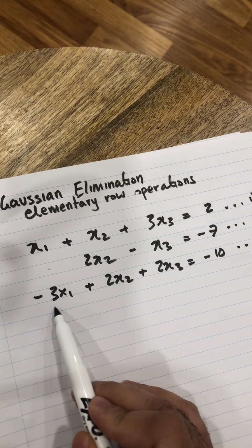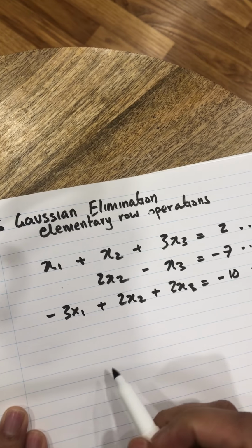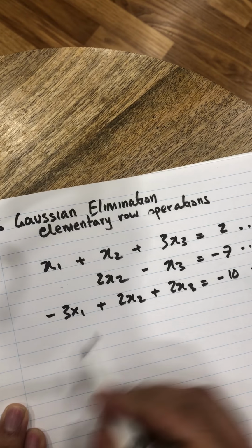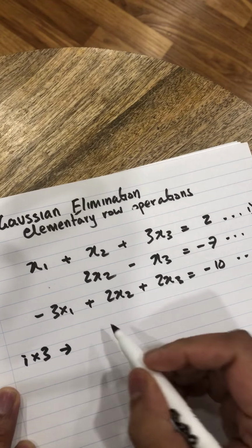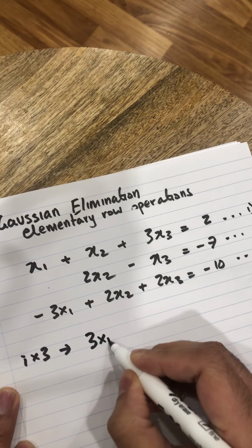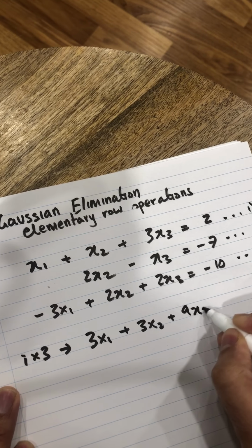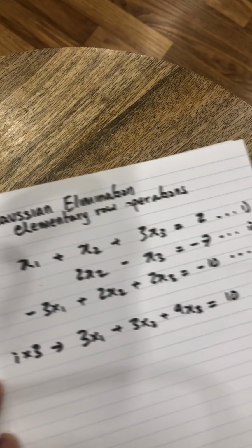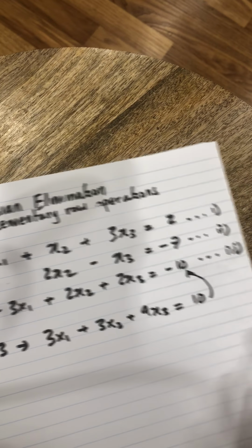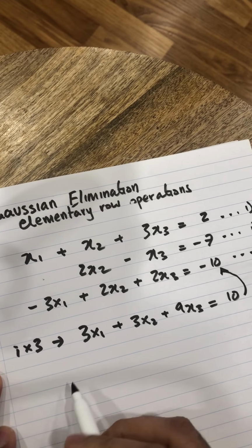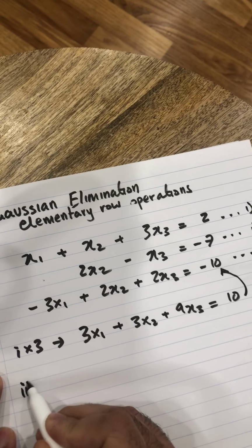Notice that over here I have a minus 3x1. So one approach could be, let's say I take my equation 1 and multiply it by 3, the number 3. So what do I get? My equation 1 becomes 3x1 plus 3x2 plus 9x3 equals 10. Now let's take this and add it to your equation 3. So what is going to happen? Your equation 3 is now going to become